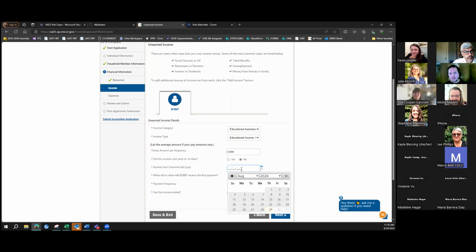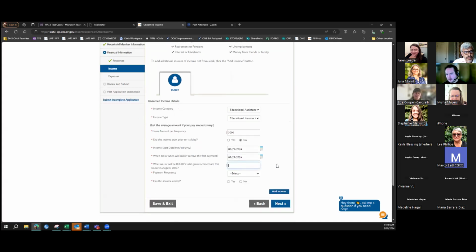So let's say this started today. When did they receive the first payment? Let's say 8/29/2024. Why is it May 1st again? It's so it'd be 3 months prior to the first of the current month.